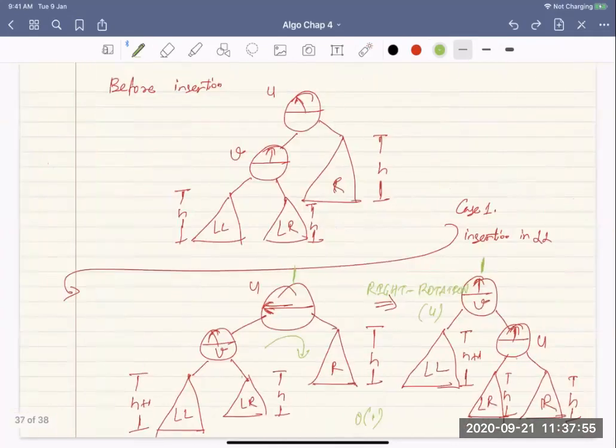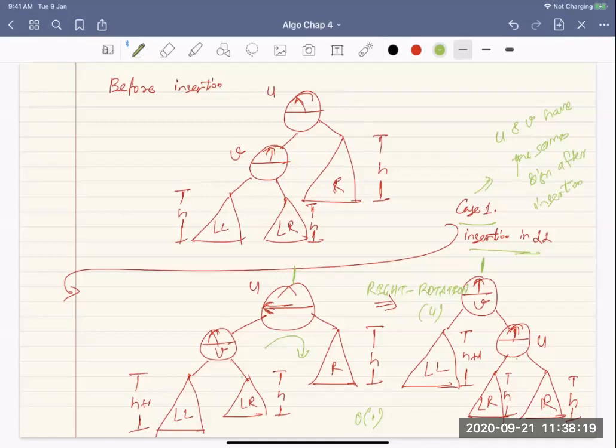That is, case one, when u and v have the same sign after insertion.